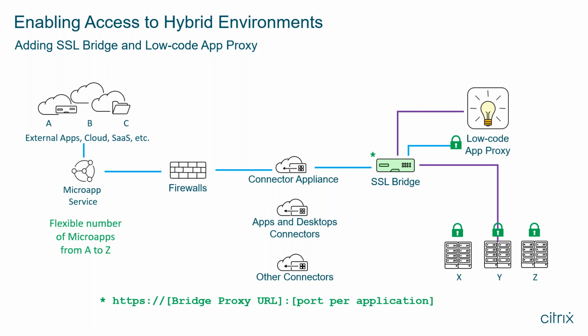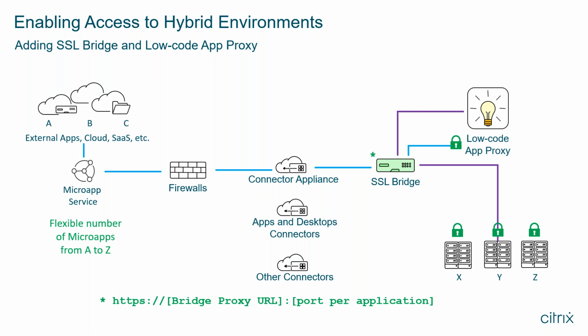So that's one thing. Behind the SSL bridge, we're hiding what I call a low-code app proxy, and I'll give you the recipe for how this thing can be built. I noticed that there were quite a few different languages that people use during this conference. It's up to you what you want to use. I use .NET Core, but by any stretch, use whatever you're comfortable with. But the point is this: a request comes in on pretty much port 443 for the SSL bridge.